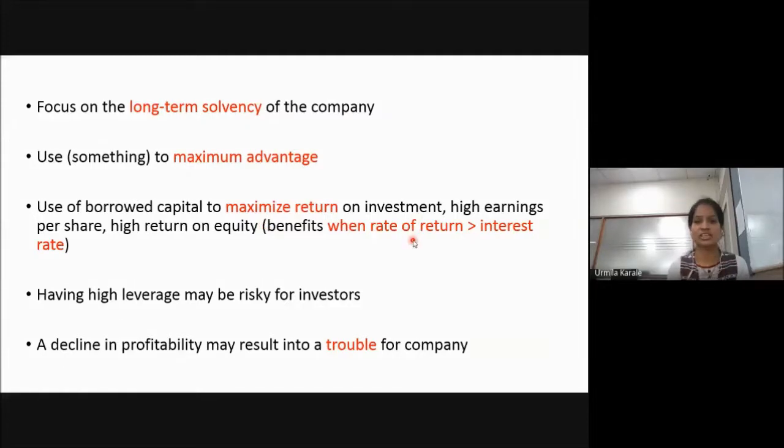Now suppose this is a 15% rate of return and the interest rate is 10%. What does it mean now? You are getting 15% on whatever you invest, okay, and you are paying 10% as interest. So obviously you'll get benefited. How? Now suppose I bring 1 lakh rupees into the business from borrowed funds, right? So on 1 lakh at 15%, how much will I get? 15,000, right? And now out of 15,000, I am going to pay interest because that fund is not mine. I have taken it from the market on loan.